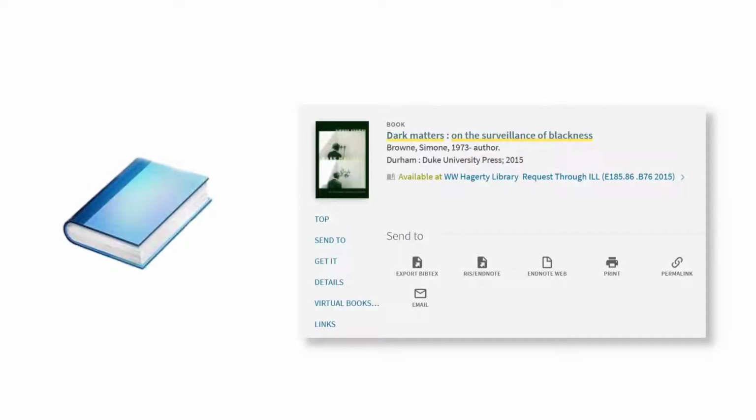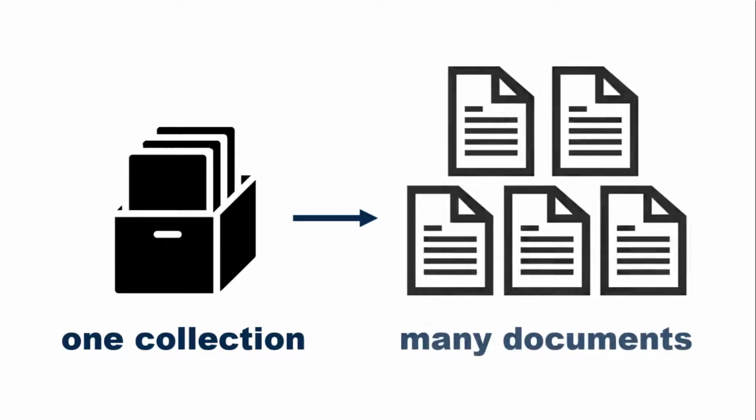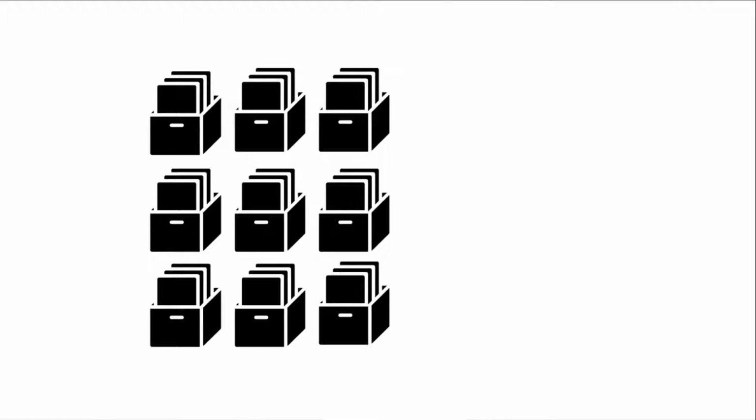Libraries describe their books in online or printed catalogs that have one record that represents one book. This one-to-one relationship between a catalog record and what that record represents is not possible in archives, where the primary unit of organization isn't one book, it's one collection. And that one collection can contain hundreds or thousands or tens of thousands of individual documents or photographs. And also remember that one archives can itself have hundreds or thousands of collections.